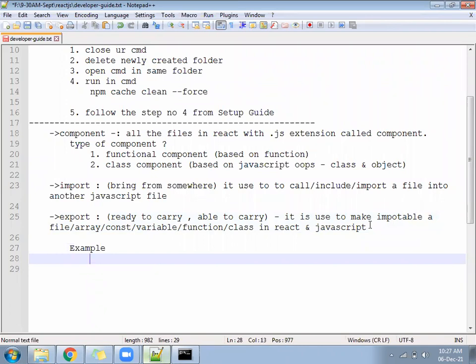Example. We have a file. File name: suppose we have a file called data.js.